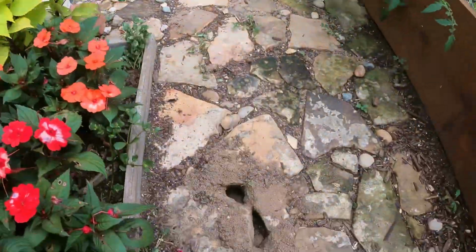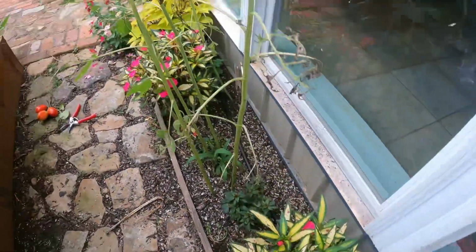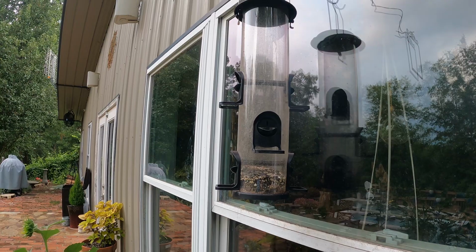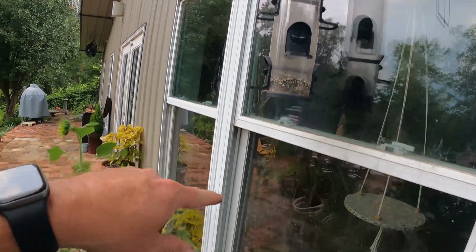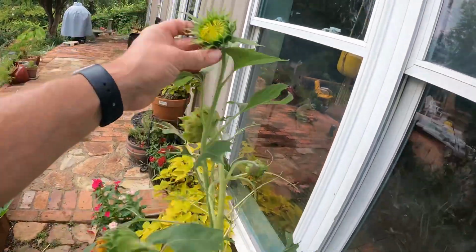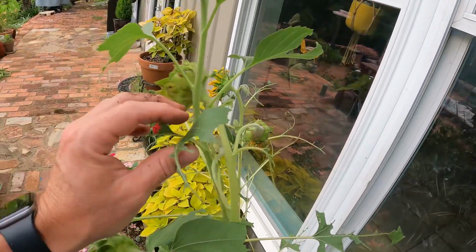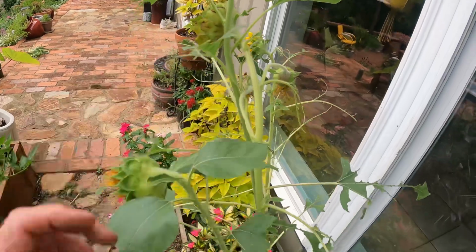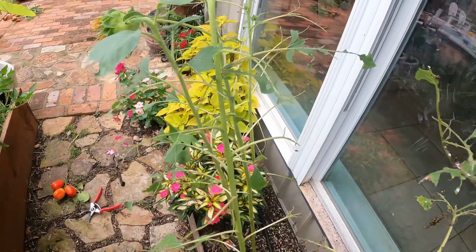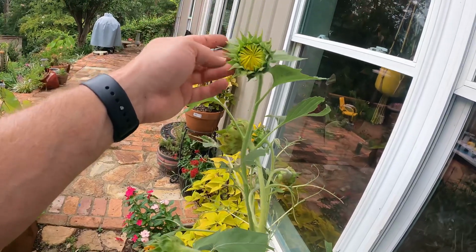Let's see, my raccoon has been back, and he comes up here because, as I've shown y'all in the past, we've got our bird feeder, which they've emptied while we've been on vacation. But the raccoon likes to come up here and eat what the birds have dropped, and also some volunteer sunflowers have come up from the bird seed. But it looks like something has been chewing on the leaves, something fierce. It's almost defoliated this whole plant. And I'm not too worried about it because, well, these are just volunteer sunflowers, and everybody's got to eat,